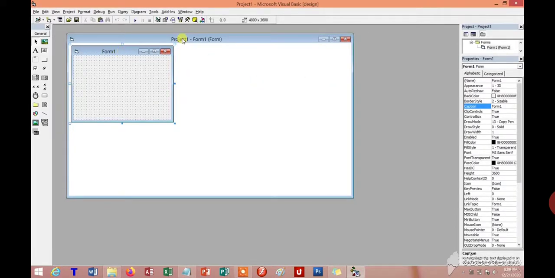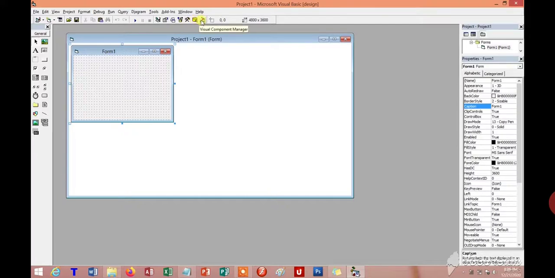Project means a collection of forms. So in this way we can generate a form. The first is the Project 1 title bar, then the menu bar, then the standard bar. Here a different type of tool is given. First are add standard exe, form, menu editor, open project, save project, cut, copy, paste, find, redo, undo, start, break, and project window. In this way a number of tools are given here.